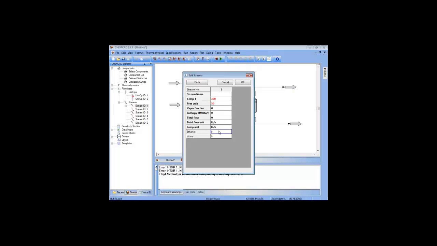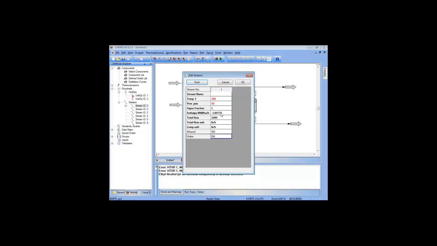We'll put in some information here. We can click the flash button and do a flash calculation at this point. ChemCAD tells us that it is all vapor